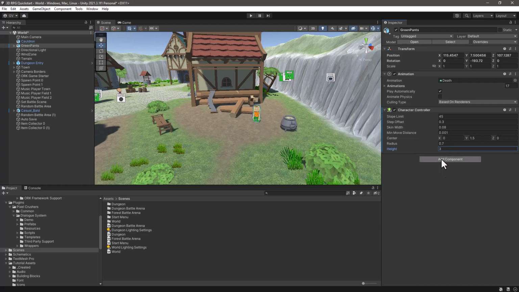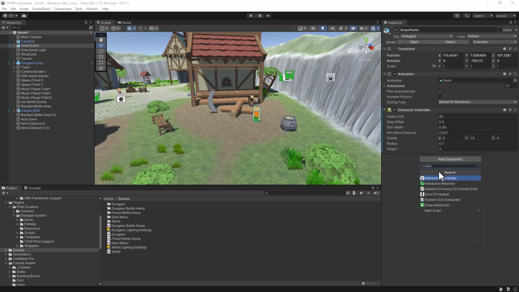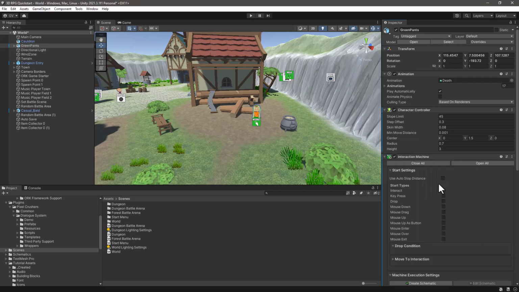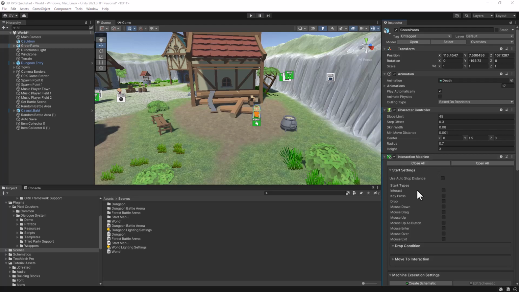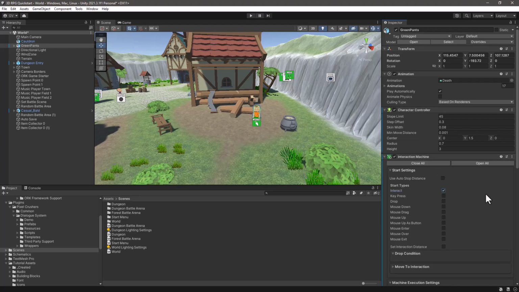There we go. Let's add an interaction machine. This interaction is going to be of type interact, when we do a mouse up as a button,